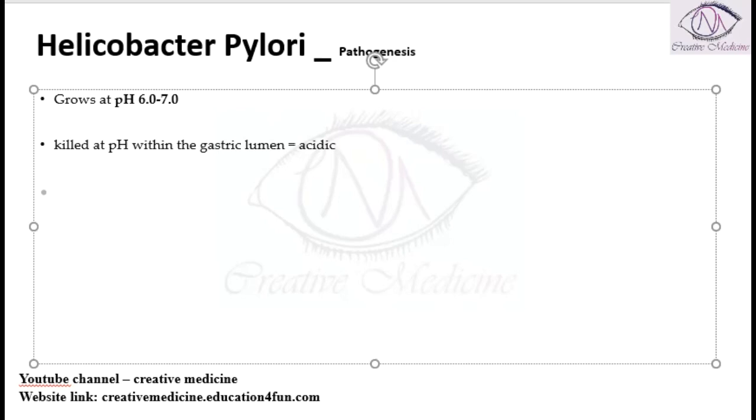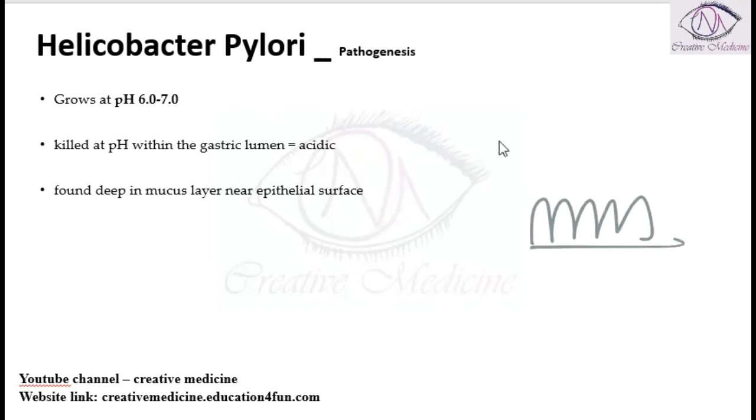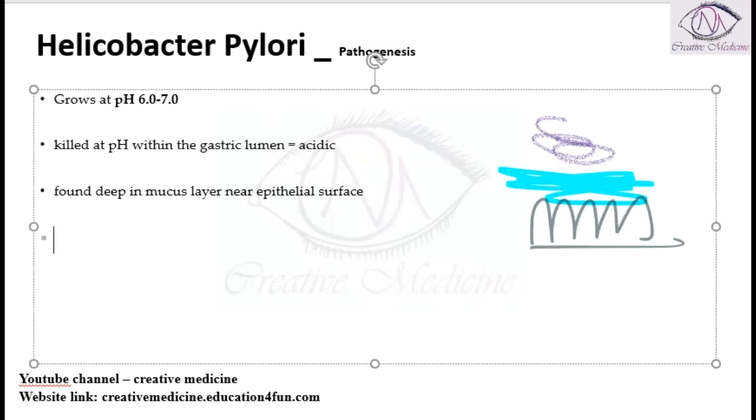This is because this Helicobacter pylori is mainly found in the deep mucosal layer near the epithelial surface. It is present in the deep mucus layer near the epithelial surface. Over here, a pH of around 6 to 7 is present in this deep mucus layer. See, this is the epithelium and there is mucus present here, and over this mucus there will be acid secretion and everything, okay, in the stomach. So if it is present near the epithelial surface deep in the mucus layer, obviously it is protected from the